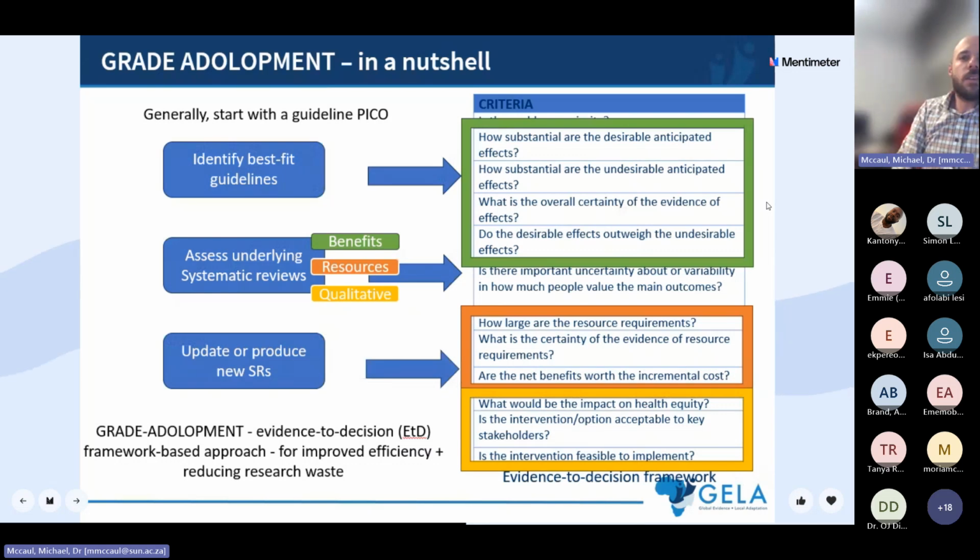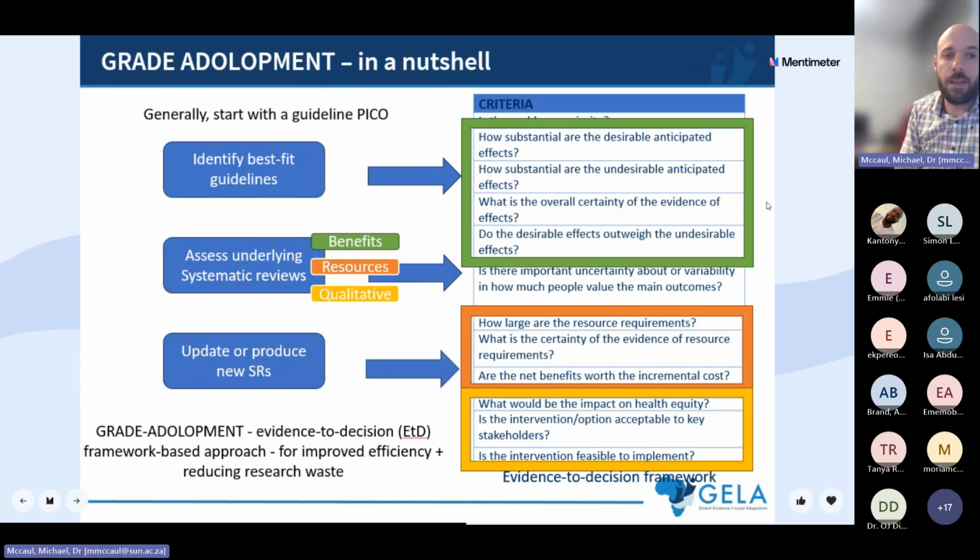Excellent. So here is my attempt at trying to summarize graded development in a single slide. This is meant to be animated, but the software doesn't do it using Mentimeter. So I'll quickly take people through the nuts and bolts of what graded development is. Generally, one would start with a guideline PICO, and ideally, you'd want to identify a best fit guideline that matches your PICO. The next step then would really make